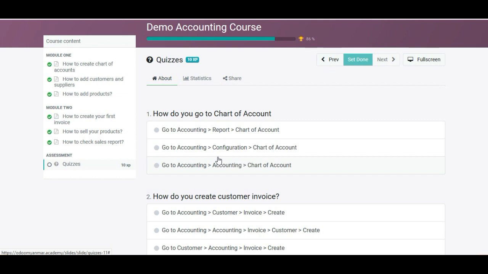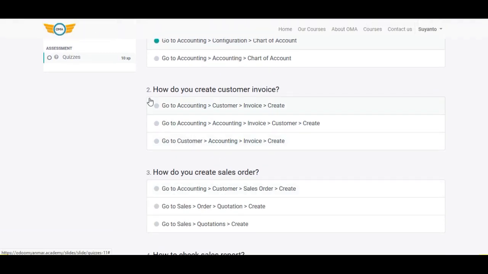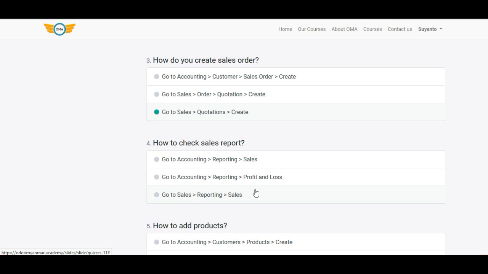If they answer wrong, they will get 0. If they answer correctly, they will get 10. So let's answer wrong, and some answer correctly. How to check sales report.